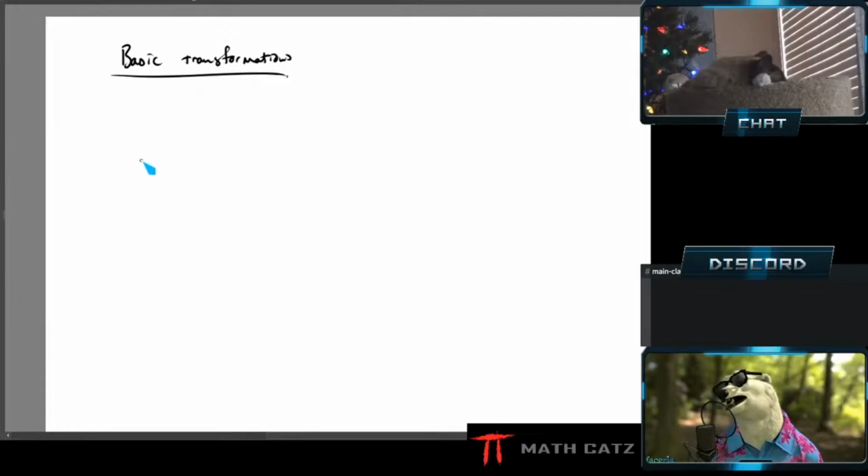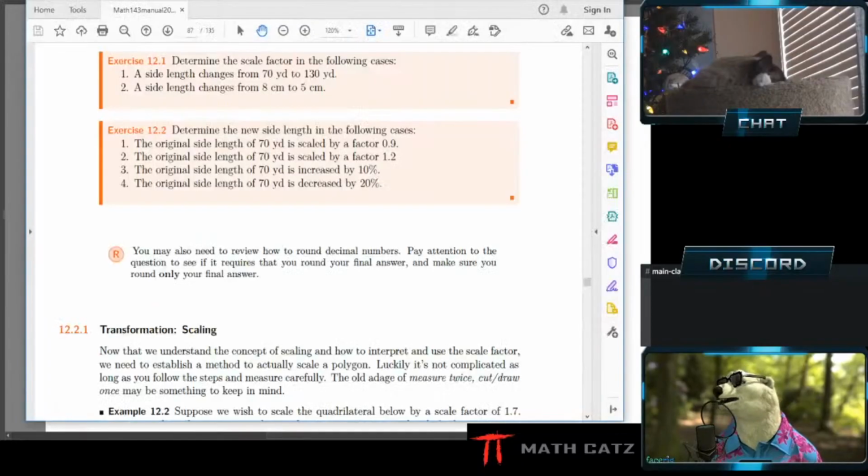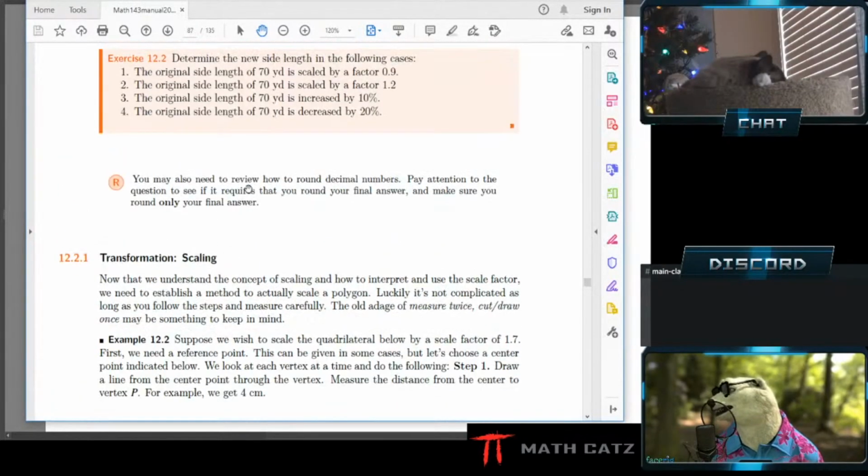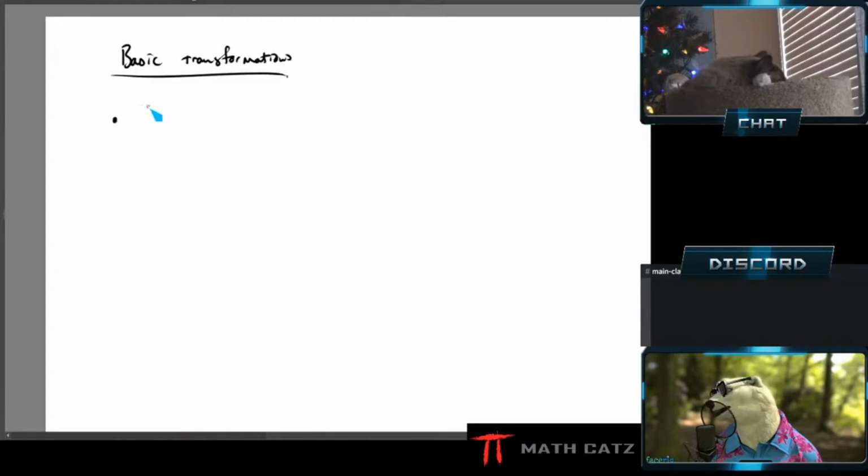It's always some scale factor that is involved. Okay, first one will be, well, there's no real order. Some of these are going to be a little bit easier than others, but let's start